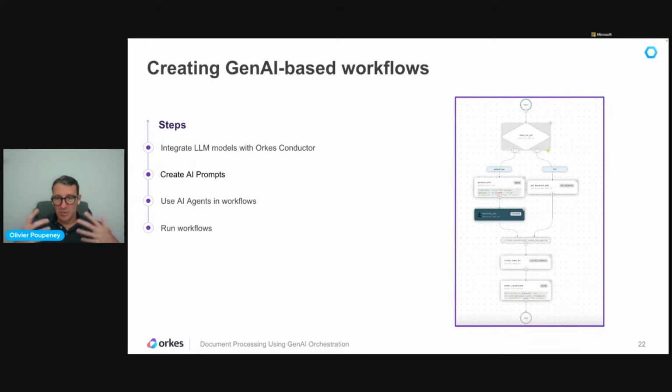First, you need, with a product like Orkes Conductor, to integrate your models with the platform. The second part will be to create AI prompts. We'll see in a second what it means exactly. And then use AI agents. This is a term that is becoming very famous these days. Everyone is talking about AI agents. AI agents for a workflow is really one of the tasks that the workflow can execute. And of course, run your workflow